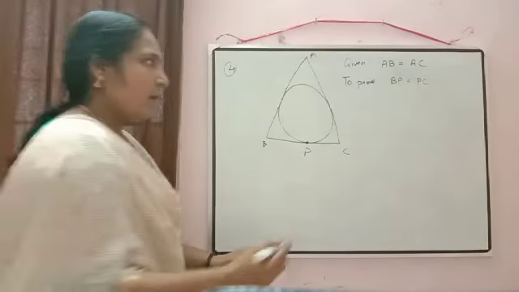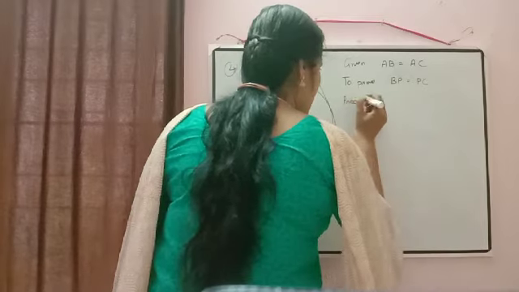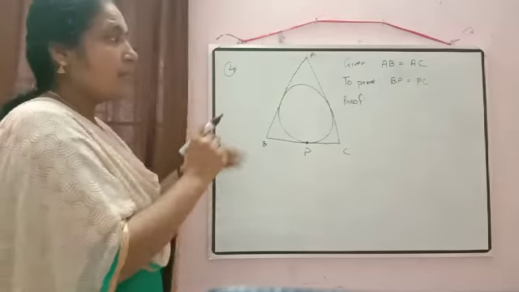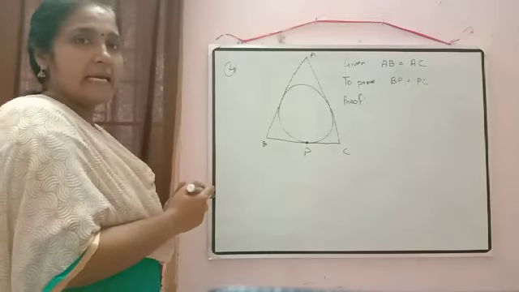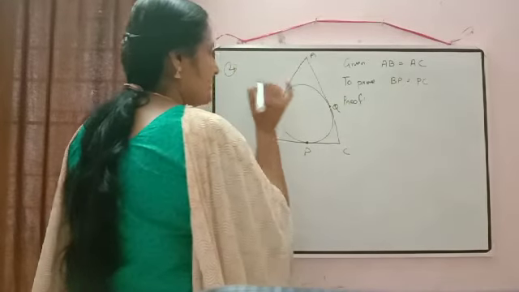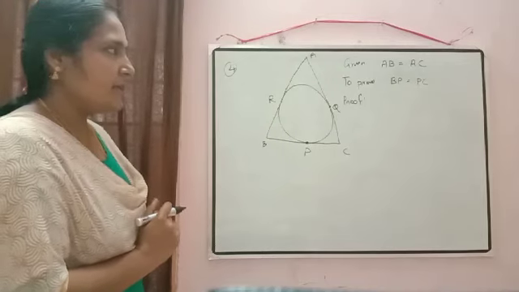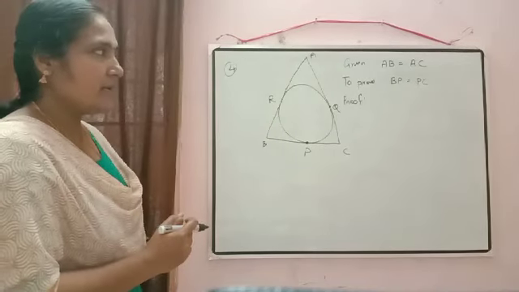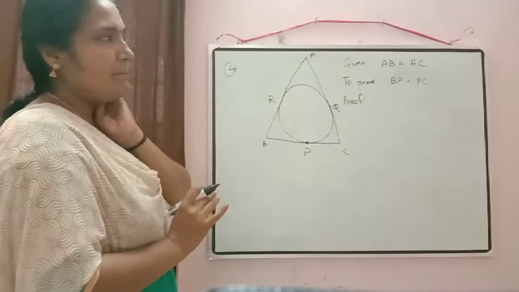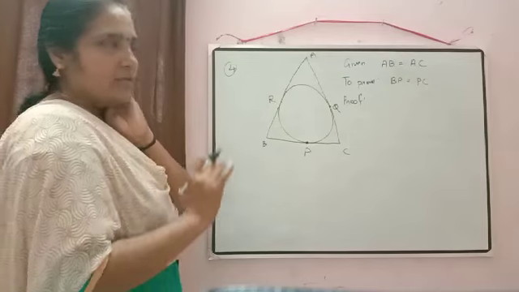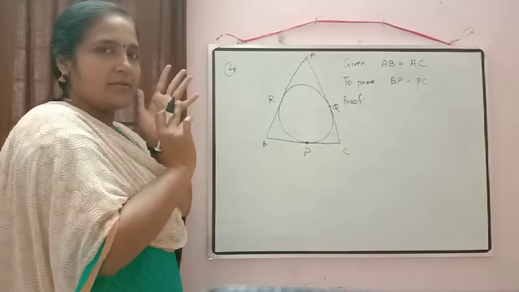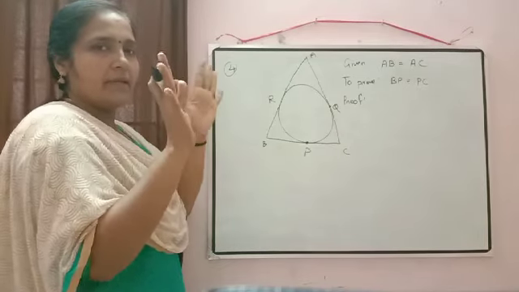Okay. Now we'll start the proof there. So just remember the property and the condition given. So you can check here, so many points are there which are outside the circle there. Okay. So here P already marked there. Q and R I am marking there. So what is the condition given here in the question? In the question, the condition given AB is equal to AC. And we have to prove BP is equal to PC. So first, length of the tangents drawn from an external point to a circle are equal. That property we are knowing.